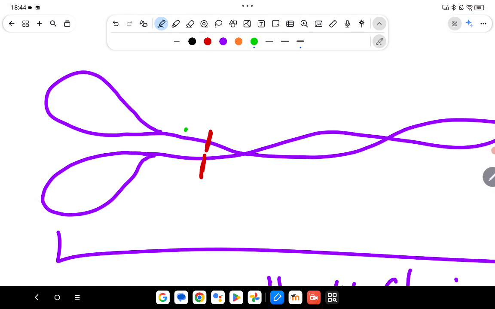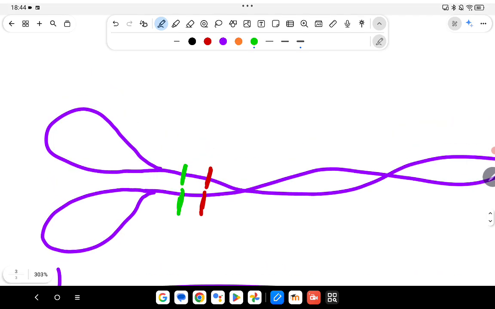You have these light chains. This is actually what we looked at in our experiment. These light chains, the red and green that I just drew. So here, this is your light